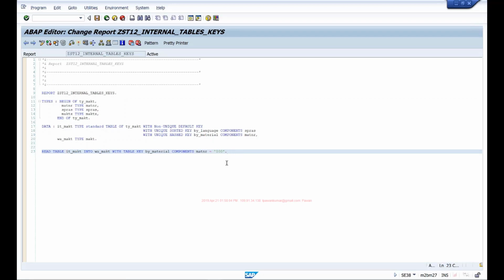So he had nested loops. He was looping a table and looping another table within that, and then reading another table. He was using linear search to perform all the operations. And I simply changed that to binary search, and the program execution time came down from 1 hour to 4 minutes. So that's the huge difference it makes.